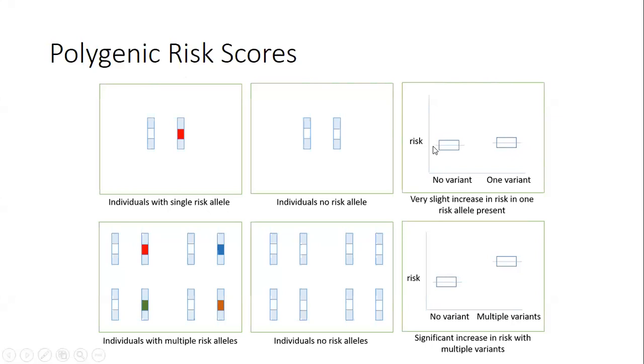But the actual odds ratio of disease could be 1.1, 1.2, and you're dealing with a common disease, and is it going to really matter to somebody to tell them that they have an odds ratio of 1.2 of developing, say, coronary artery disease? And the answer is, most people would say probably not, but those are just two small increments of risk. So what's emerged in the last, well, at least kind of visibly in the last couple of years,